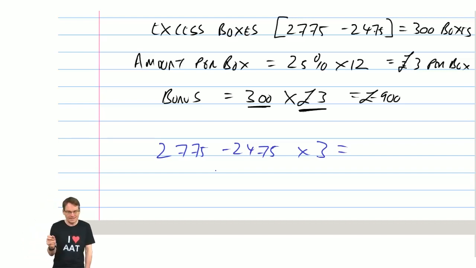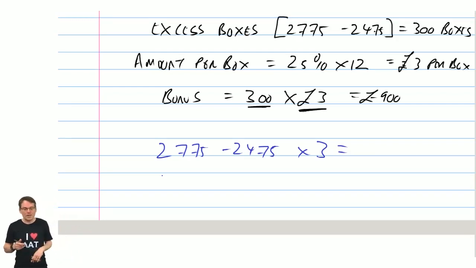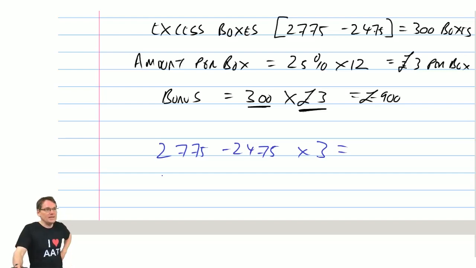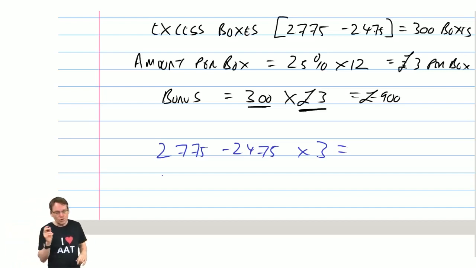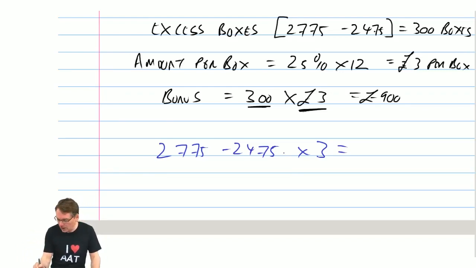That's the way mathematically, because you always do your multiplying first. So the calculator thinks, oh, you want to do 3 lots of 2475, whatever that comes to, take it away from 2775. Now, not only will you get a very strange answer, because your bonus will be negative, which will look a bit weird, but also, if I'm in the assessment, that's going to throw me completely. Like, what? What's going on there? So, if you do want to do it in one go, which is fine,